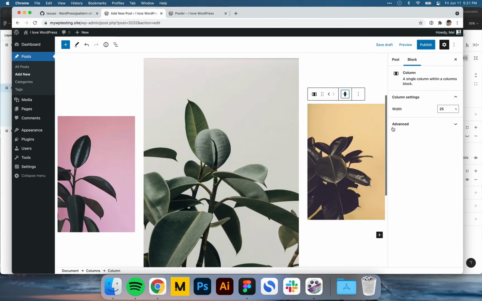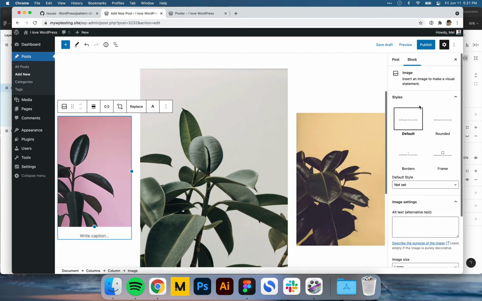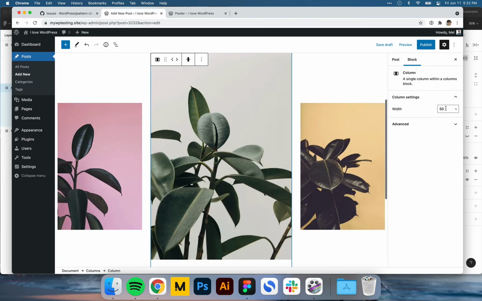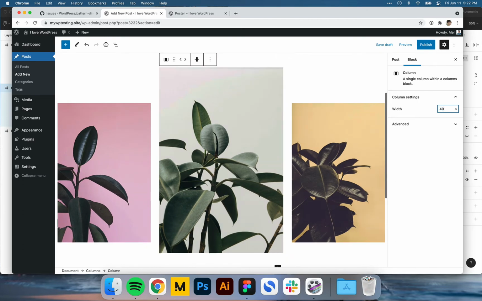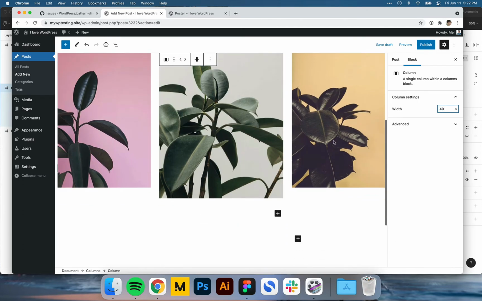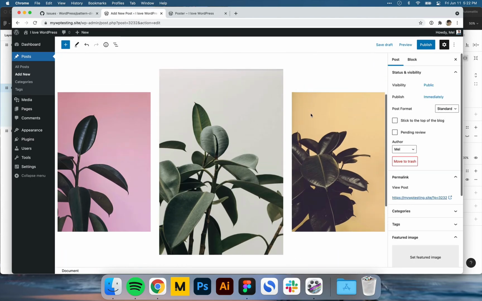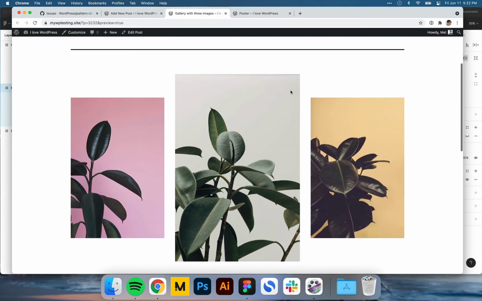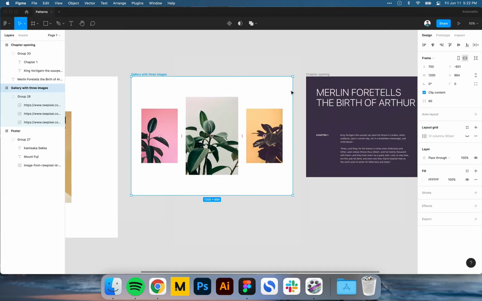Great. And so, like I was thinking, 25 is a little bit low. Let's try 30 for each of these. So that leaves us at 60, no, 30, 40. Oh, I'm so good at math. Okay. And now, yeah, this looks pretty good. Let's preview it. Yeah, I'm pretty happy with that.